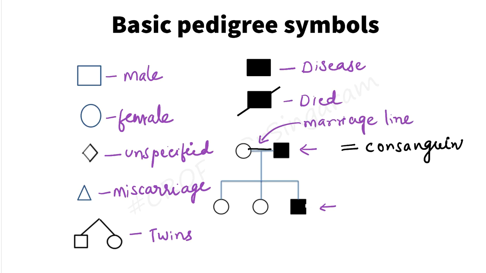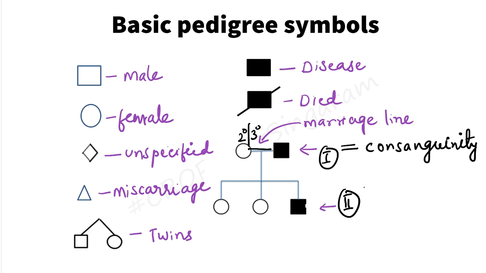Please remember, you might have studied about different degrees of consanguinity, but whatever be the degree of consanguinity, it is always indicated by two lines. It is just that you have to write second degree consanguinity, third degree consanguinity, something like that over the two lines. But whatever be the degree, it is always indicated by two lines instead of a single line. And sometimes we write like this, 1, 2, to indicate the generation in that particular family.